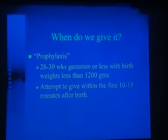And some people have the capability to intubate, make sure the airway is properly supported, give surfactant, and then take them to the neonatal ICU. Some places you don't have that capability. And so some places actually have a resuscitation room in the NICU that they basically take the patient to and do it. But the goal has been to do it as soon as possible if you're going to do prophylaxis